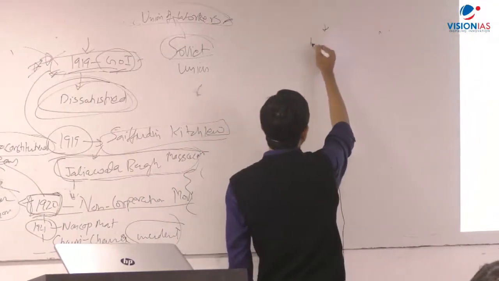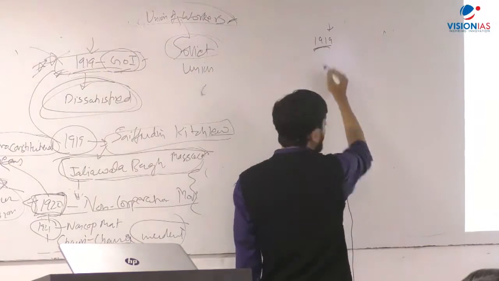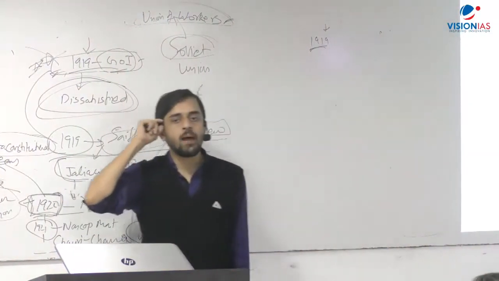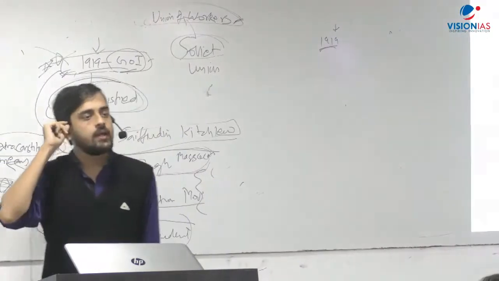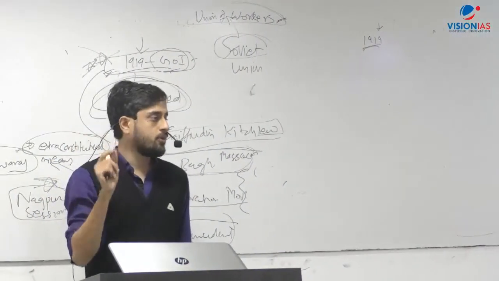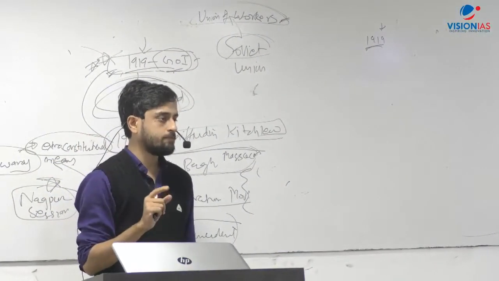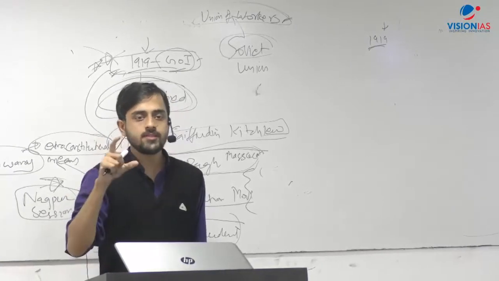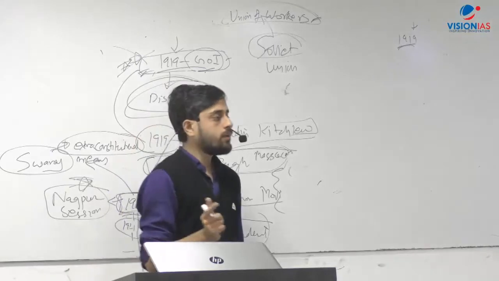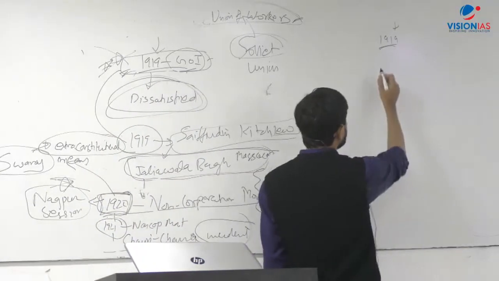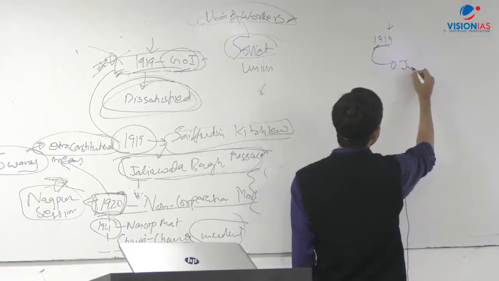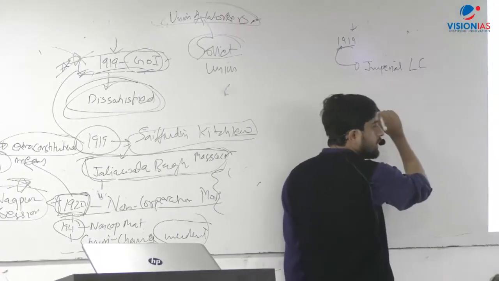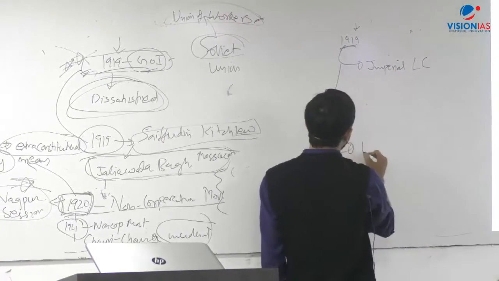In the 1919 Act, the British had decided to establish provincial councils at the level of the provinces and central councils at the central level. जैसे आपके state legislature होती है और central legislature होती है, right? So for the central there was to be the Imperial Legislative Council, and at the state level were to be the provincial